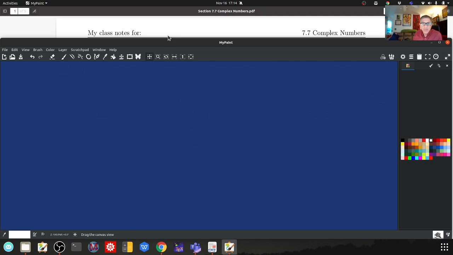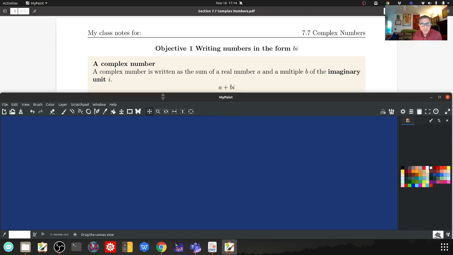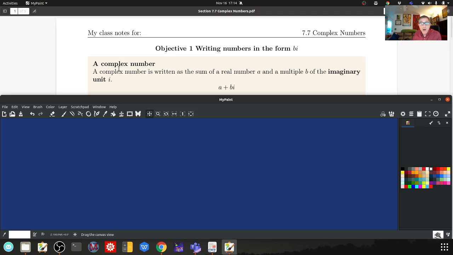And that's exactly what we're going to do. We're going to introduce what are known as the complex numbers. So the complex number is a number written as the sum of a real number A, so A is a real number, and a multiple B of the imaginary unit i. So i is going to be the new number